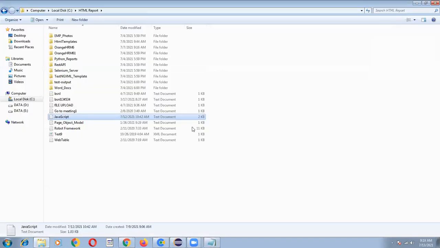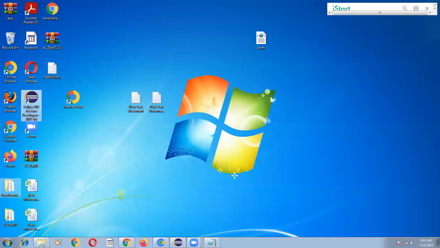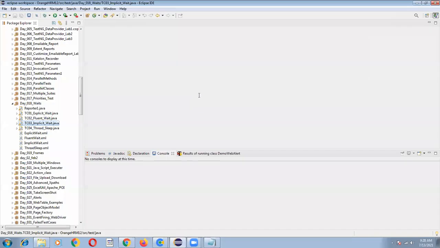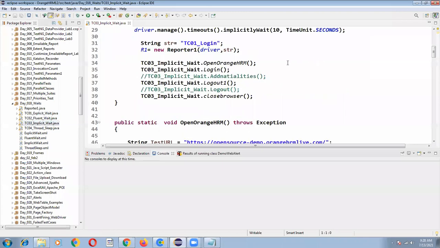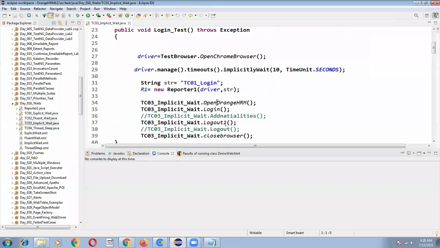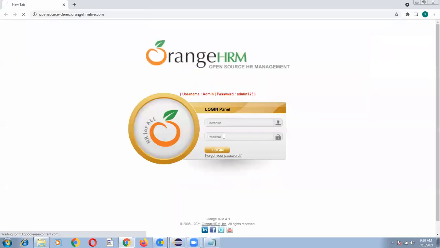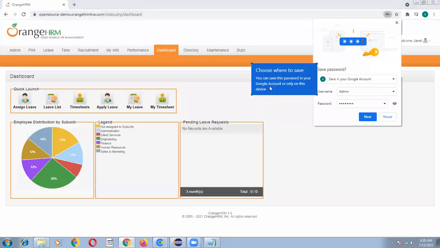Let me open my OrangeHRM application. So the first program is implicit wait. I'm logging into the application with admin and 123.